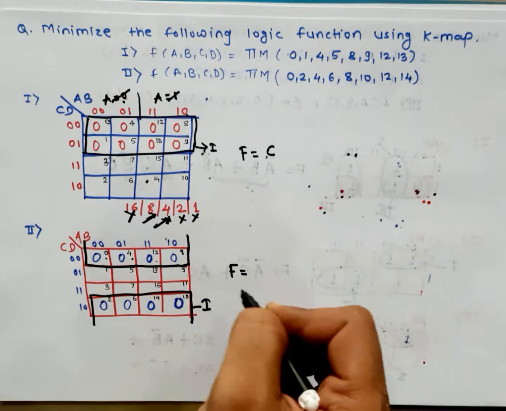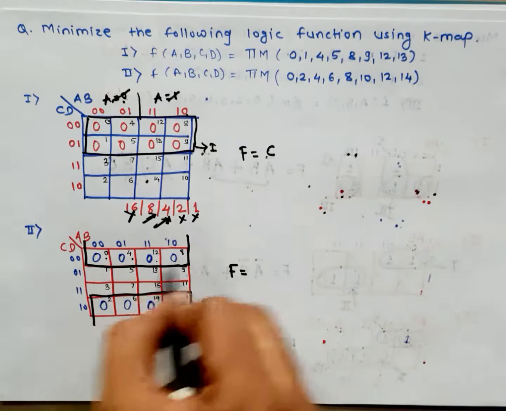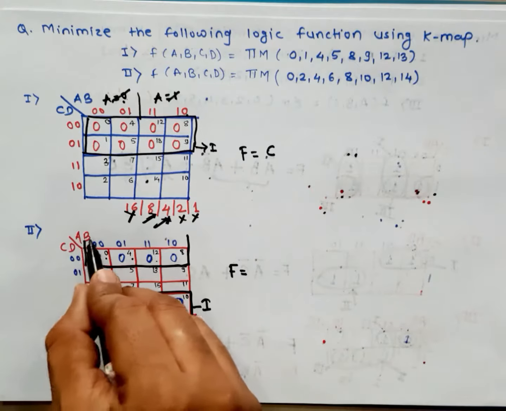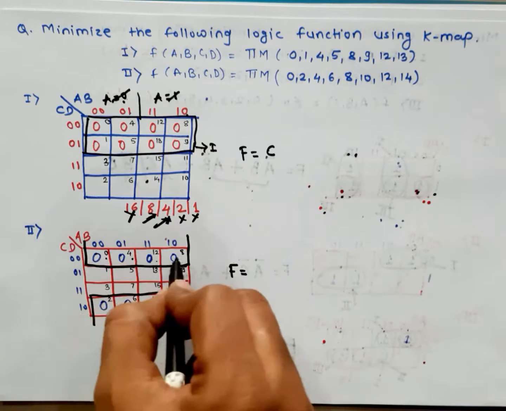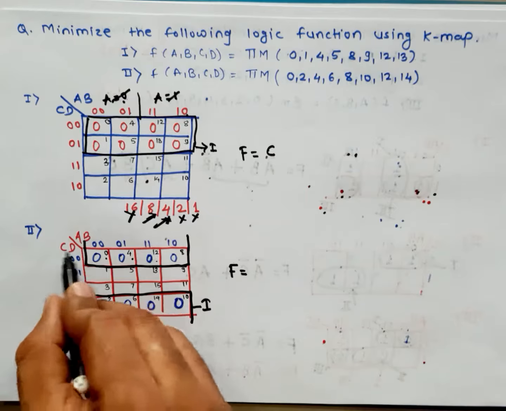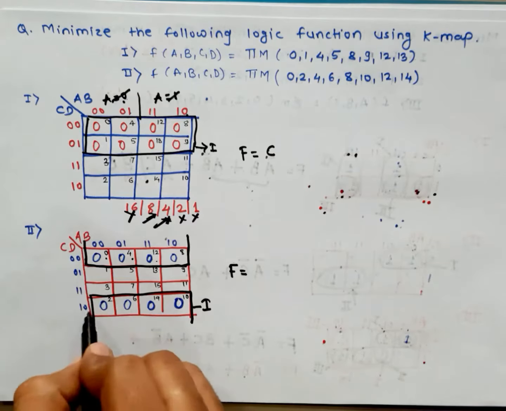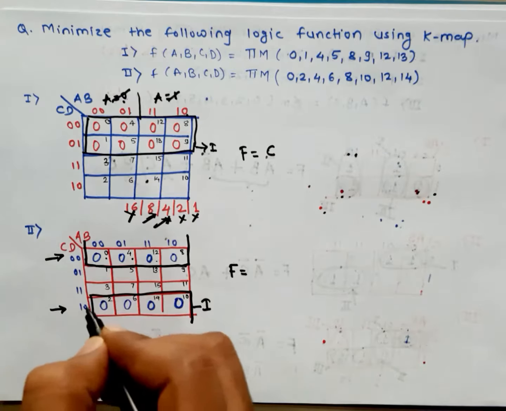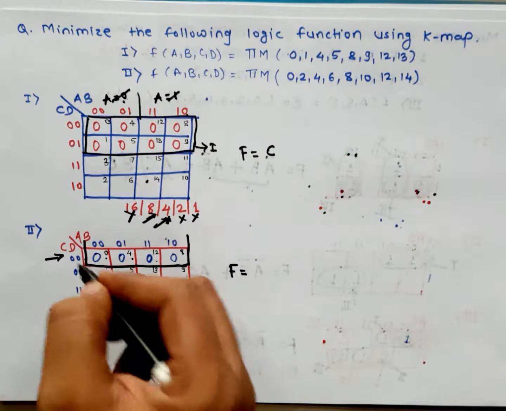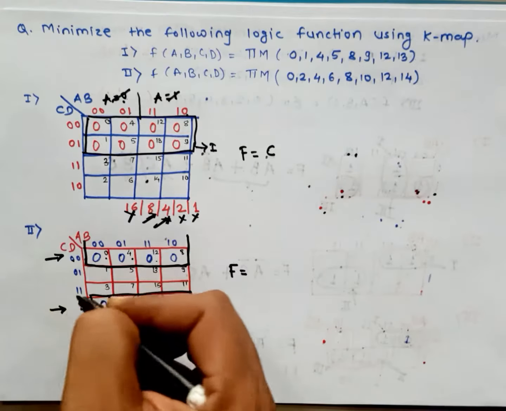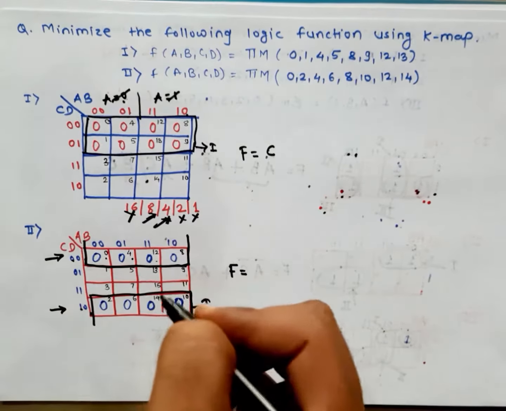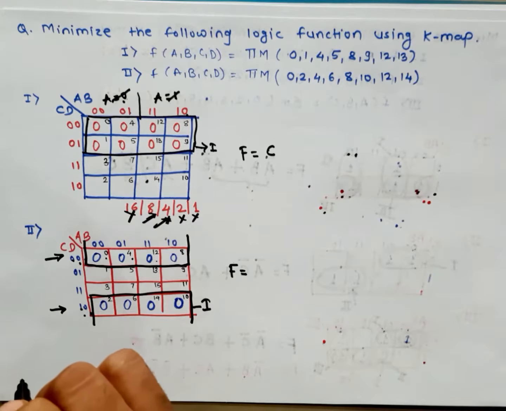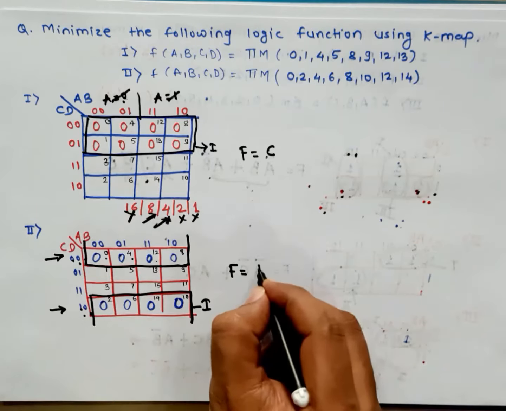Now again, to write the reduced equation, here again it's a horizontal group. So first, the A and B variables get eliminated. Now regarding the C and D variables, the first and last rows are considered. The value for C is 0, 1, so it is different, and the C variable gets eliminated. The value for D is 0, 0. So in that case D is this one.